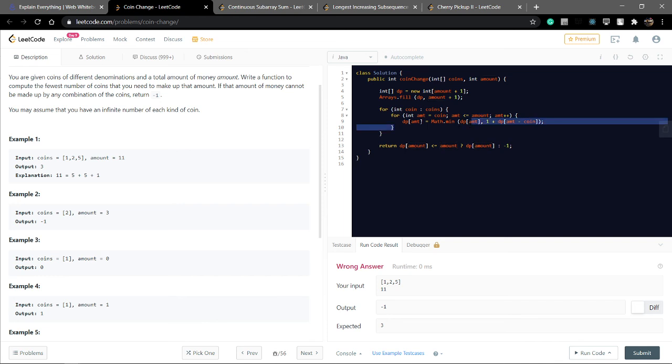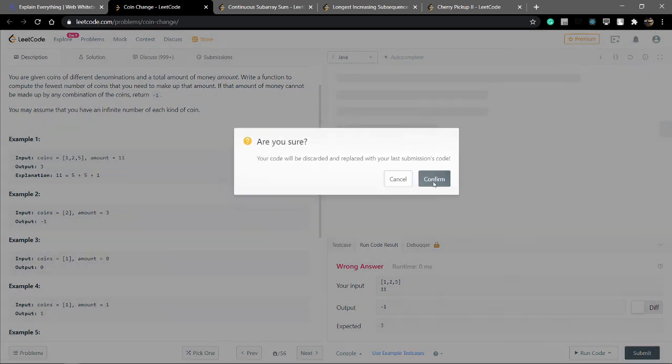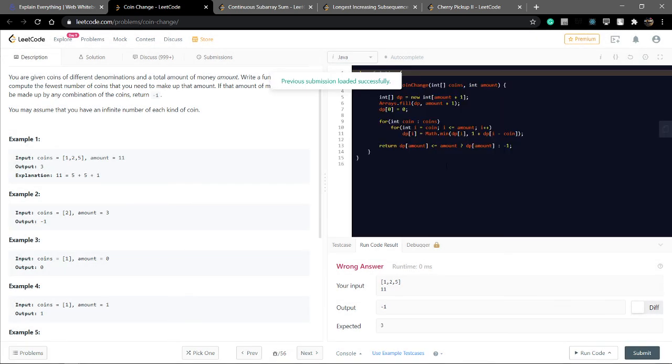What is the dp value of amount? dp of 5 is 1 plus dp of i minus 1.